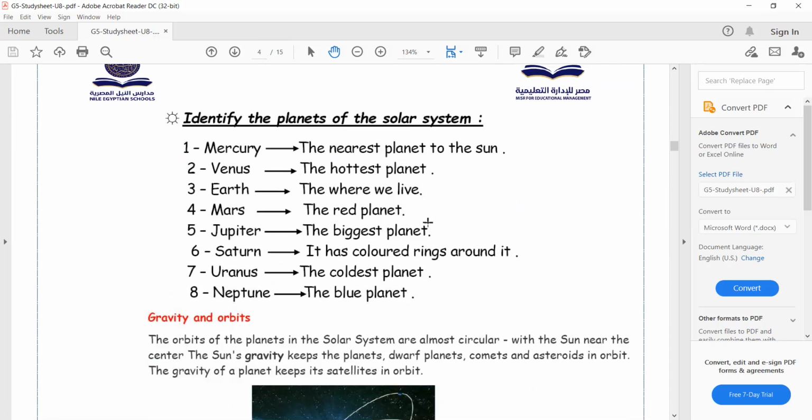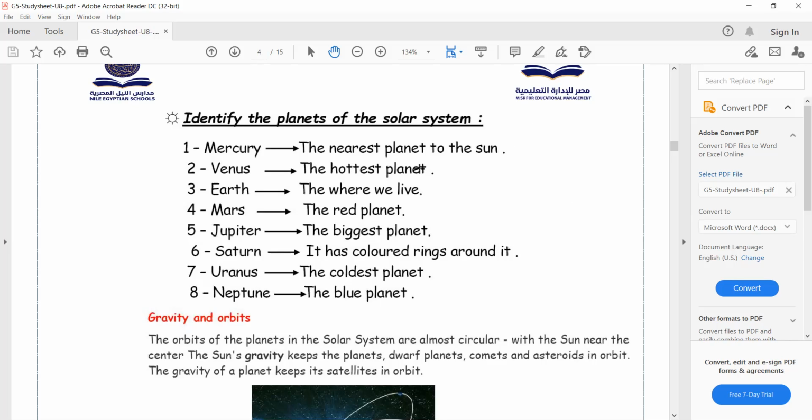Let's go and talk about some characteristics of these planets. Let's start with Mercury. Mercury is characterized by, first, being the nearest planet to the sun, so it's the first planet. It has the smallest orbit, so it takes the shortest time to orbit the sun once. Venus, the second planet,